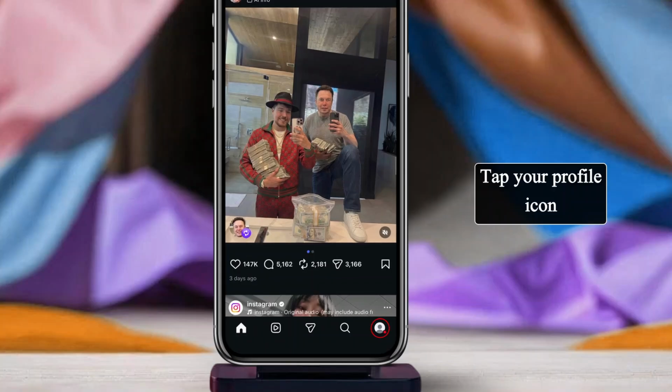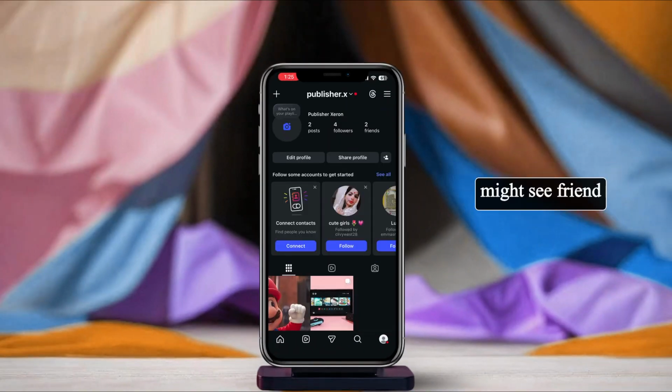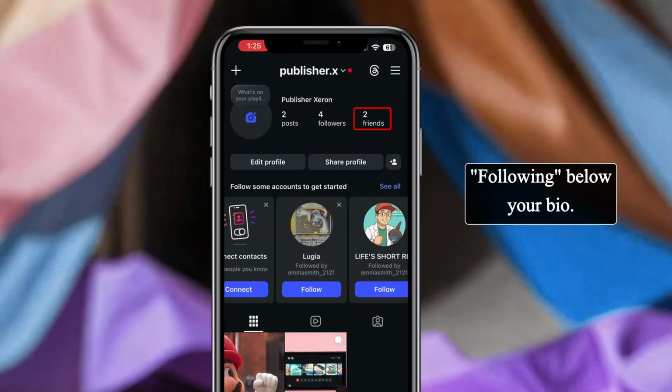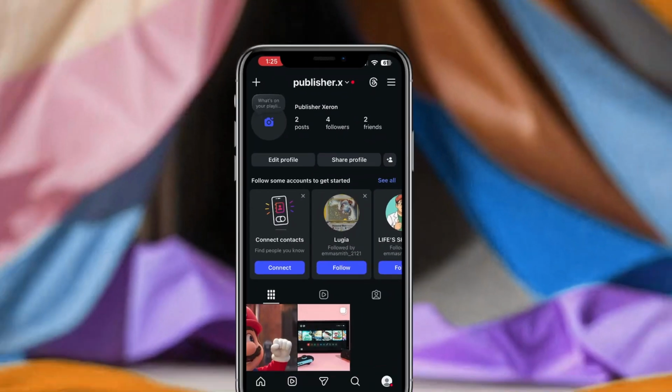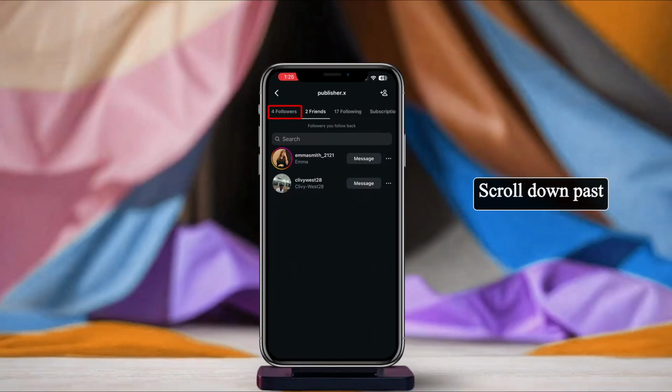Tap your profile icon at the bottom right. If you have a newer account, you might see friend suggestions directly here. If not, tap on Following below your bio. You will find Suggested for You. Scroll down past your following list,